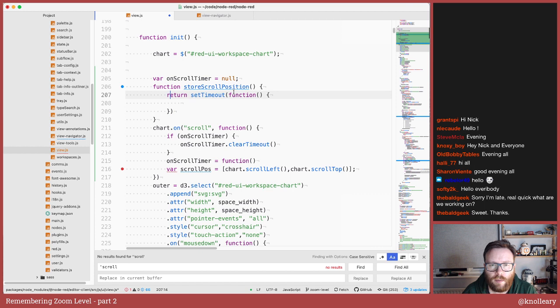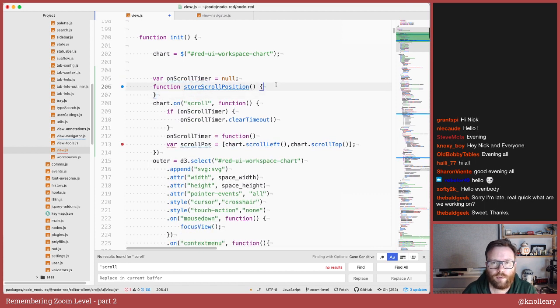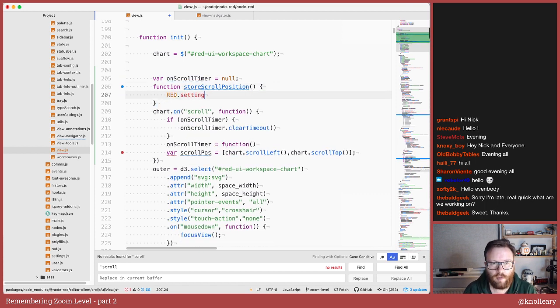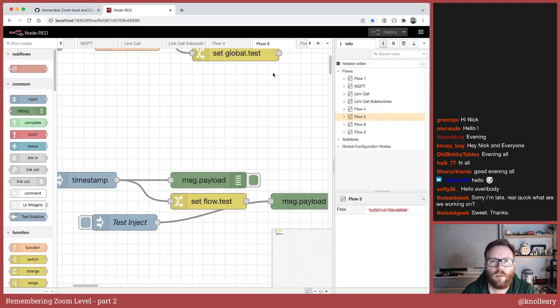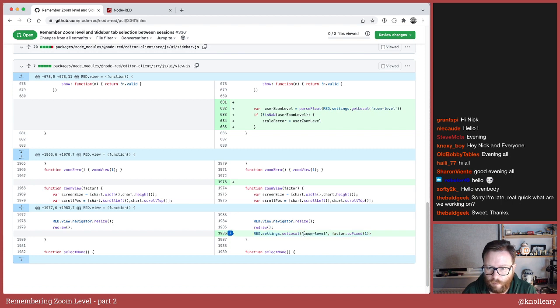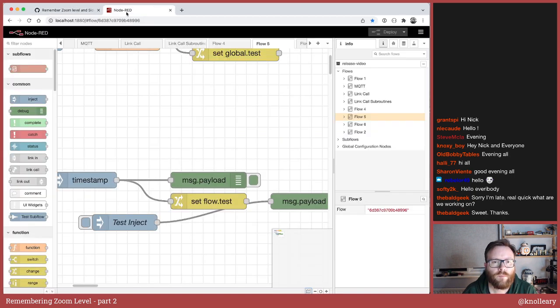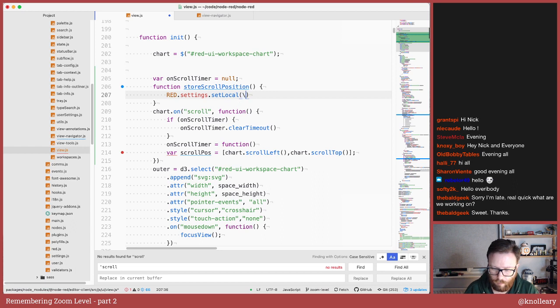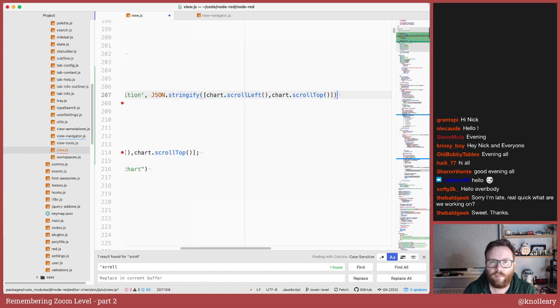Oh no, sorry, I'm defining the wrong store scroll position, and this is just going to do RED.settings.setLocal, and what do we call it? Well, we called that zoom level, so scroll position will do for now, and then we will store JSON.stringify of that, because local storage only stores strings.